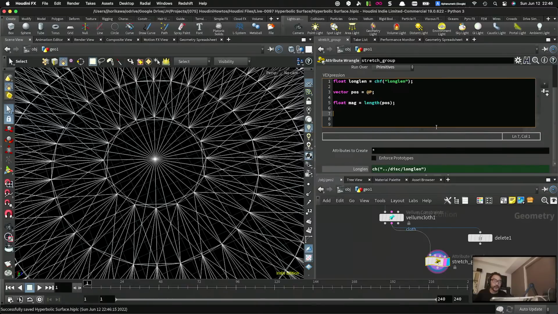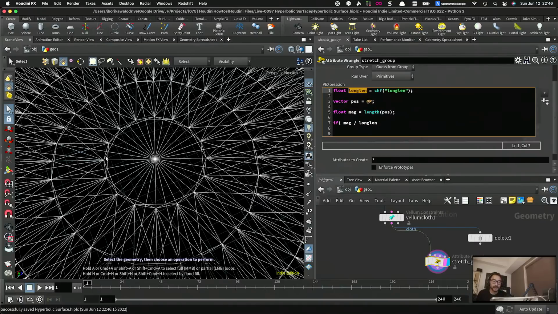And what I am going to do is to divide this magnitude by the long length. And if the magnitude is the multiplication of this long length, which is the length of each edge in the vertical direction, then this should be equal to the shorter edge. But if it is not equal to the multiplication of this long length, then that should belong to these longer edge